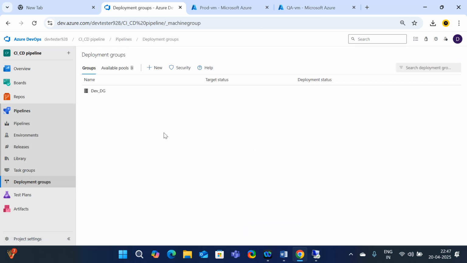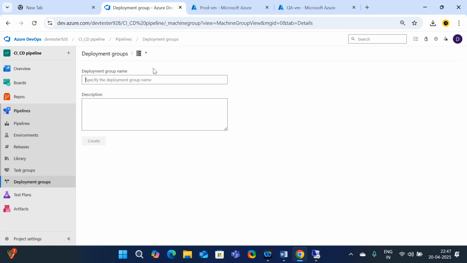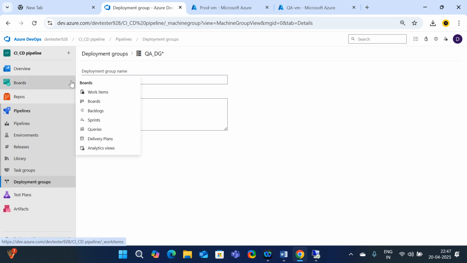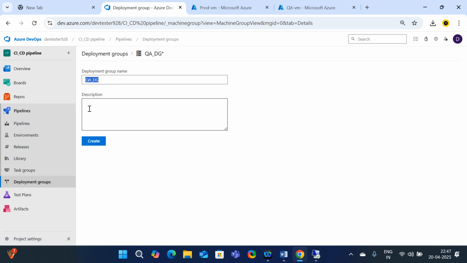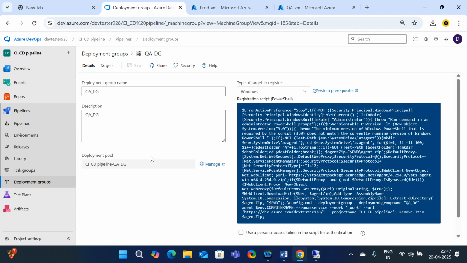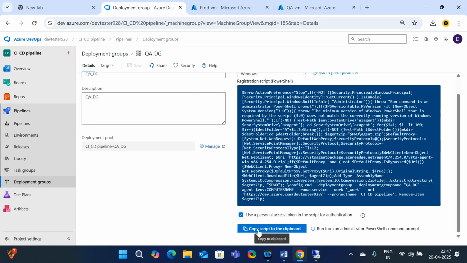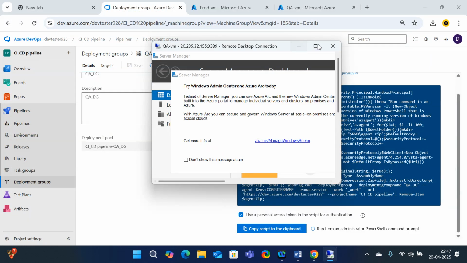deployment groups. Click on deployment group. Right now you have dev DG. In a similar way, I am going to create a QA deployment group as well. QA underscore DG, and I am going to skip the description, create, and click on use personal access token, copy the script